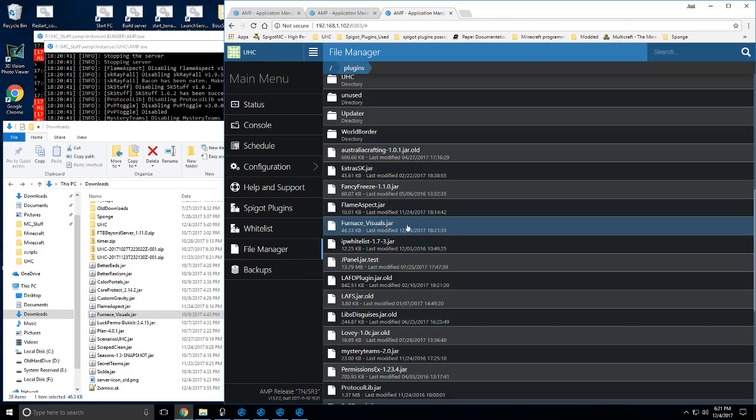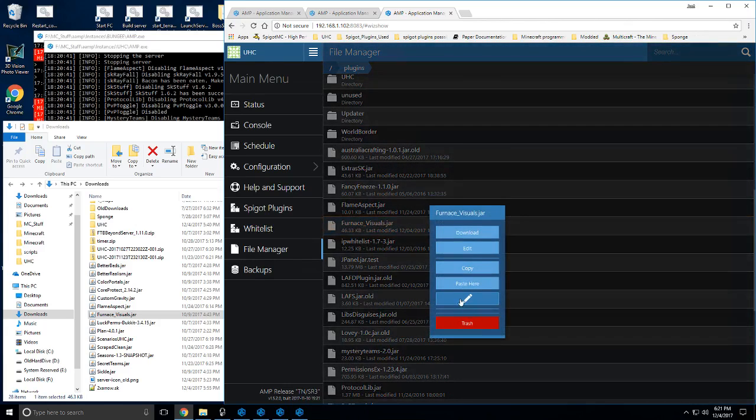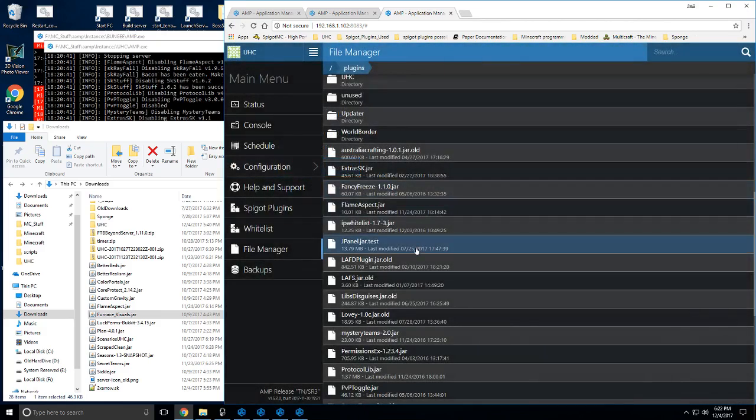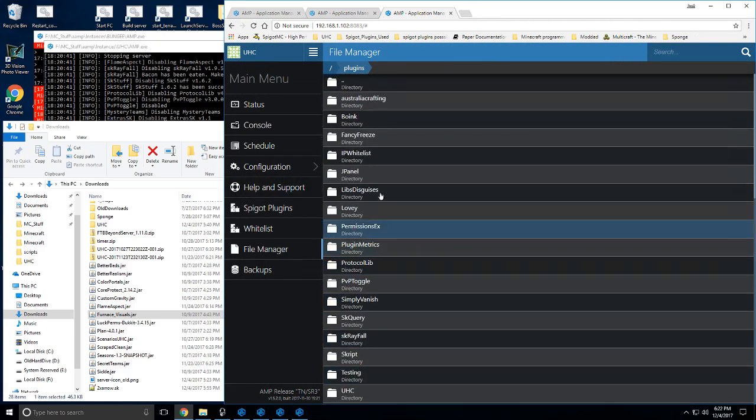In this case, we're going to delete it because I know this one isn't working. So if you upload something, you test it, and it doesn't work, just send it right to the trash. It'll delete it. Delete item. When you reload the server, some plugins have configurations or configure